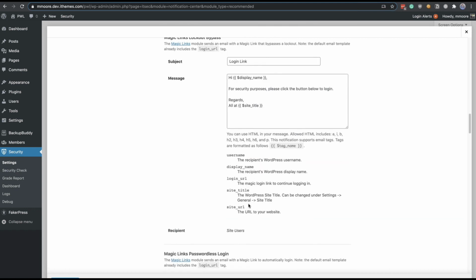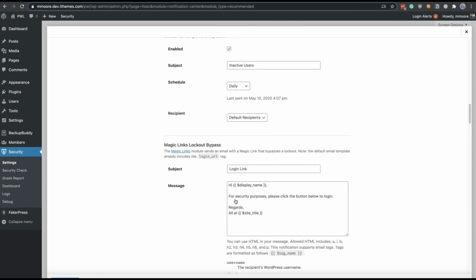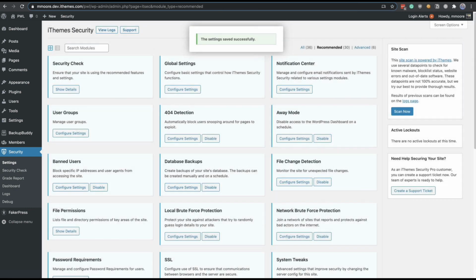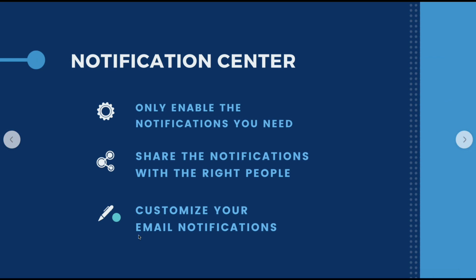So, when you're going through configuring these notifications, take a look at these tags, because there are a lot of cool things that you can add dynamically without having to manually type this in for every single site. So let's go ahead and save these settings. And then the next thing I want to talk about is the